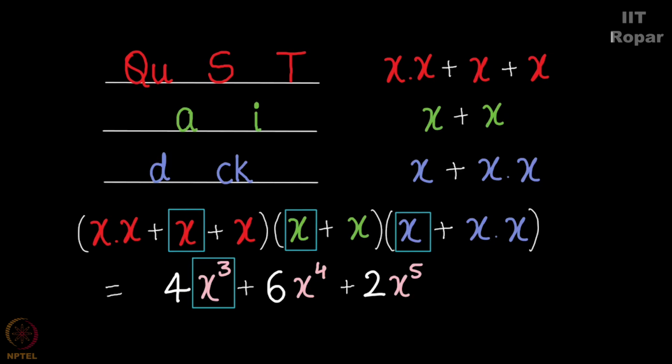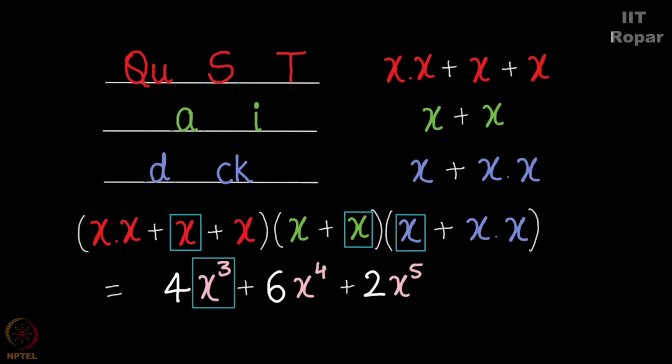All I'm trying to ask here is, how do you get an x cube in the expansion of this polynomial? You're forced to take an x from individual houses. Now, doesn't that correlate with you picking S and an A and a D, or a T and an I and a D? Think about it.